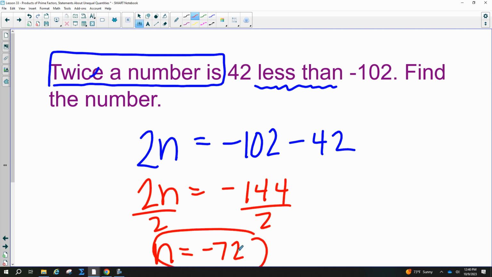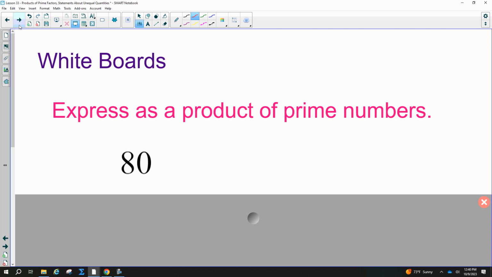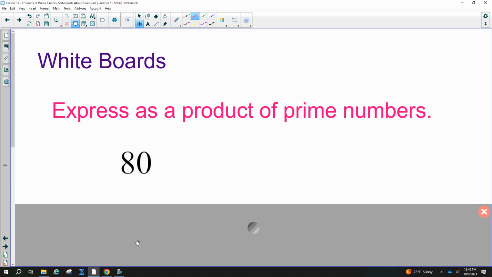Okay. Let's try some whiteboards. My board's like bouncing all around. I think from up